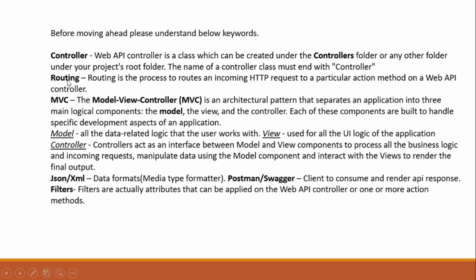The second thing is routing. Routing is the process of redirecting the HTTP request to a particular action method. If we are calling get user details, our web application is responsible for sending that call to the appropriate controller and then to the appropriate action method. Further, if we implement a user controller and inside it implement get user details, the role of routing in our API is to identify the controller first and then send the request to the appropriate action method.